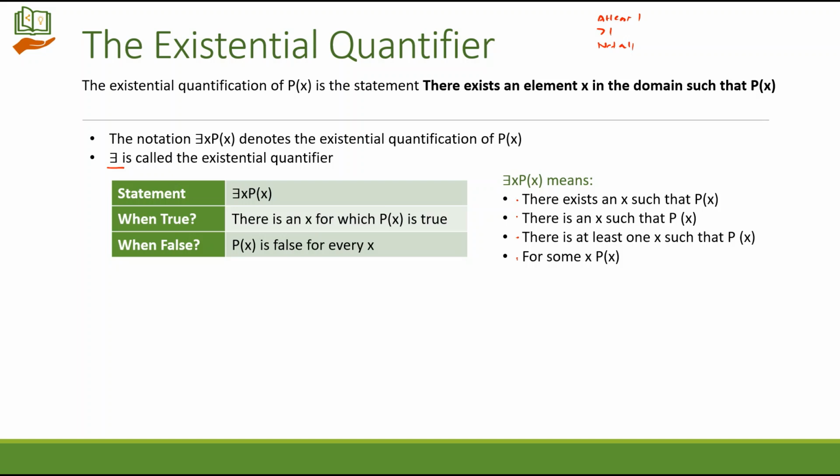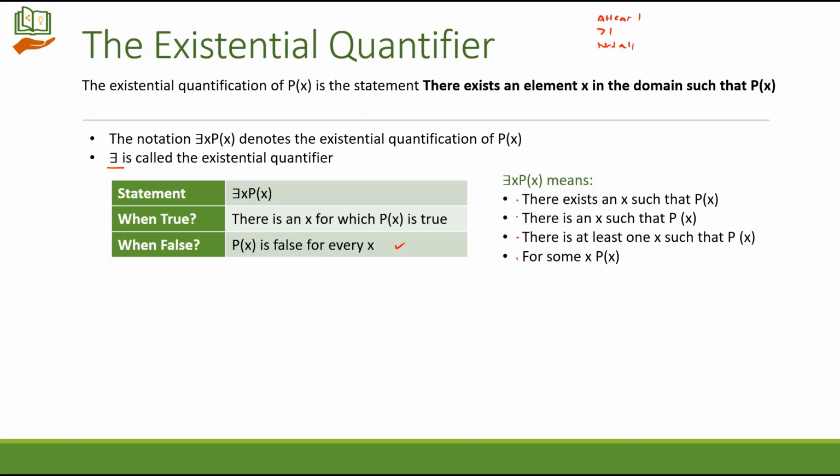When is the statement "there is an x, P of x" true? When there is an x for which P of x is true. When is it false? When P of x is false for every x. It means the universal quantification will be applied here. When I said all the 20 students in the classroom are absent, it is not whether they are present or absent individually; whatever they did was a mass bunk. So that is similar to everybody being considered there. So universal quantification is inside. So when you cannot find a particular value x for which P of x is true,